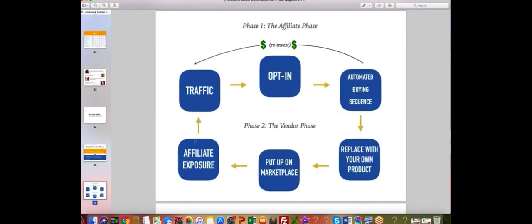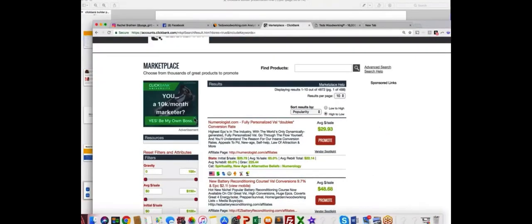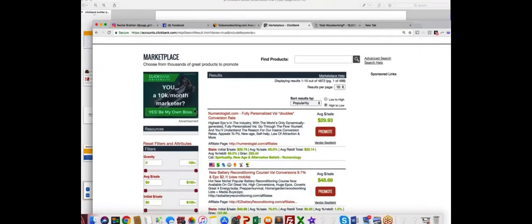So it kind of looks like this, all right? Traffic to an opt-in page, to an automated buying sequence, a follow-up sequence of emails. And then once you're making sales, okay, so this is all V2 right here, and you're promoting someone else's product. But once you make sales, you want to replace that with your own product, okay? And you can get your own product made on Elance, not Elance anymore, Upwork, other outsourcing companies, and we show you how to do that. And you can put it on the ClickBank Marketplace. And guess what? Instead of being the affiliate that's looking for products, other affiliates are looking for